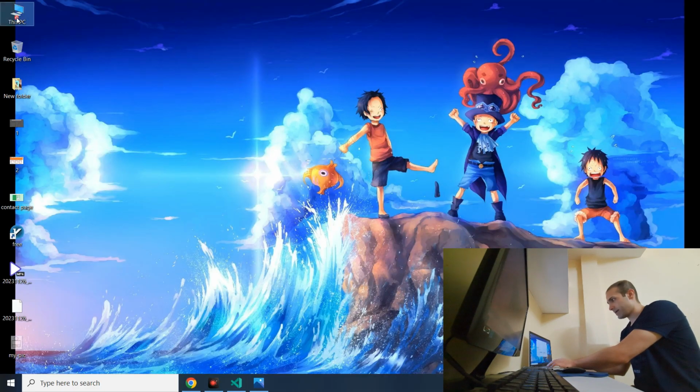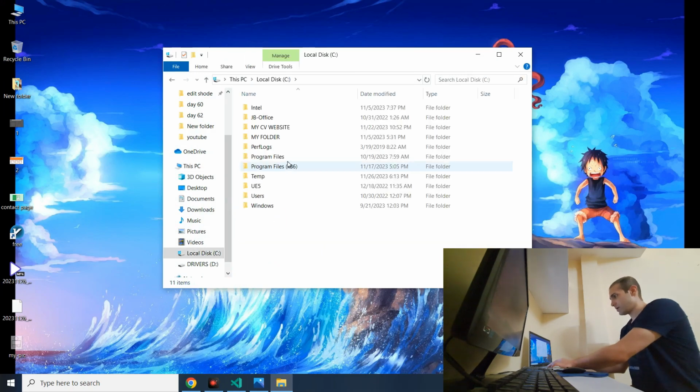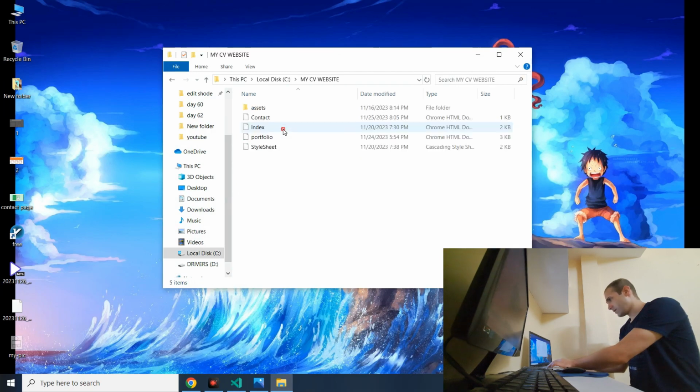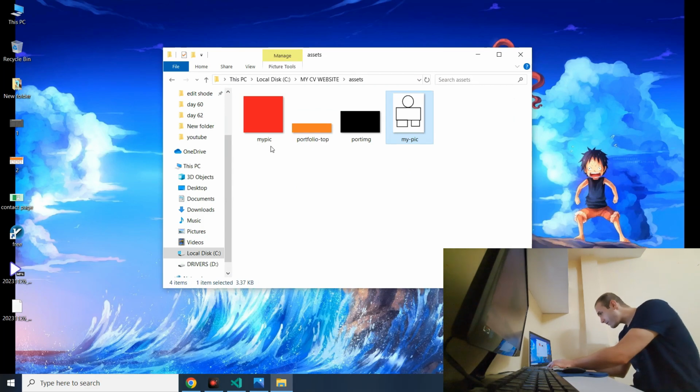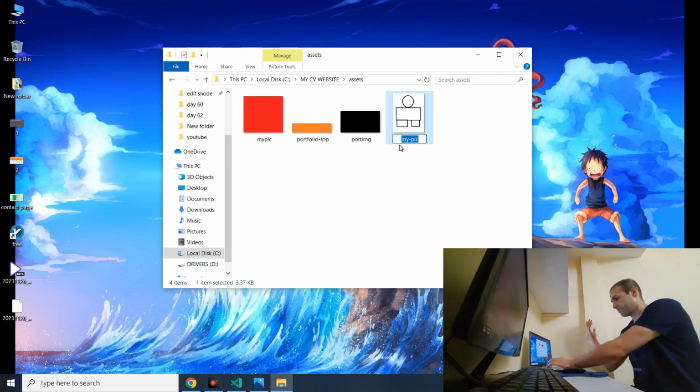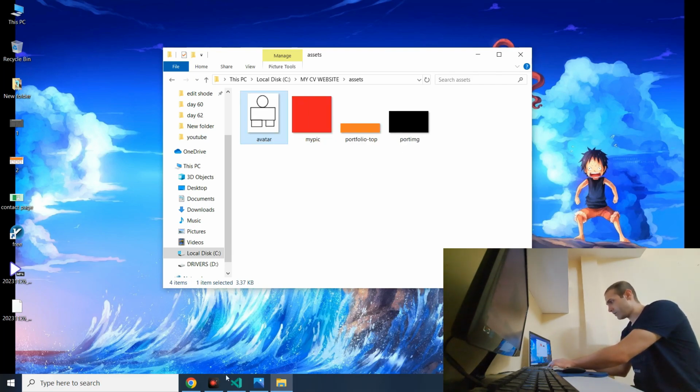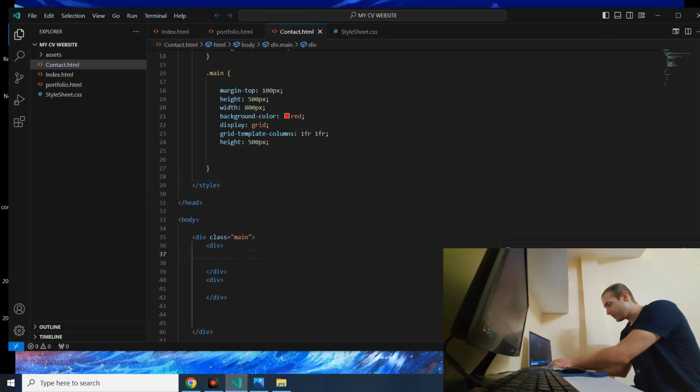cut my picture and add it to my project folder, which is my CV website, assets, here. Oh, we have two pictures called my pic. So let's change this one to avatar, just for an example. And now we have two divs here, and